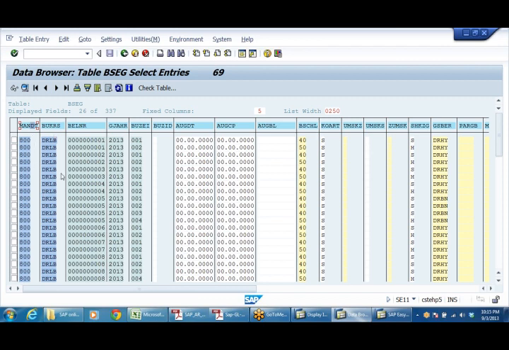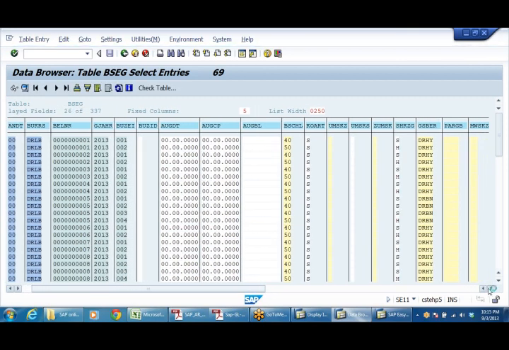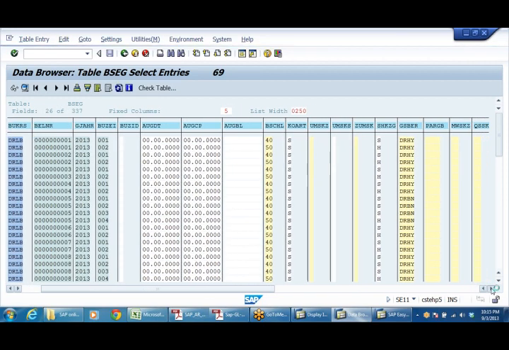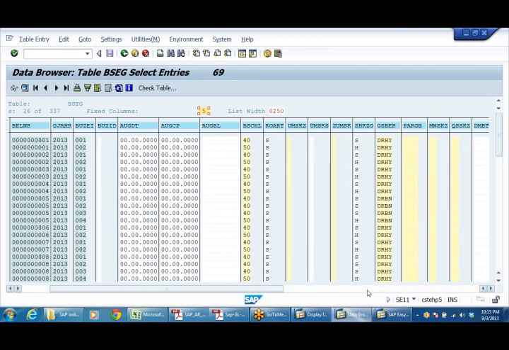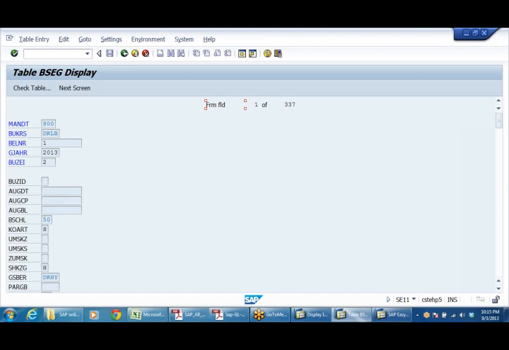So 800 is the client number. Sounds like a Dutch language. See the amounts, etc. If you want to see this, double click on it. These are the fields.